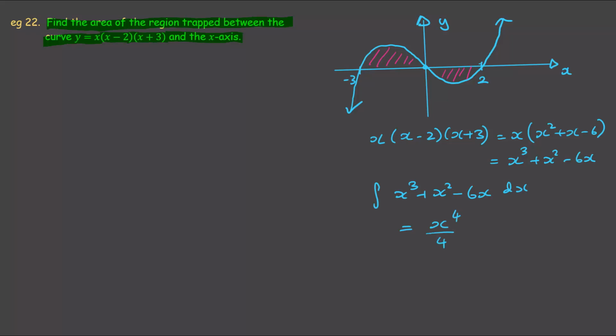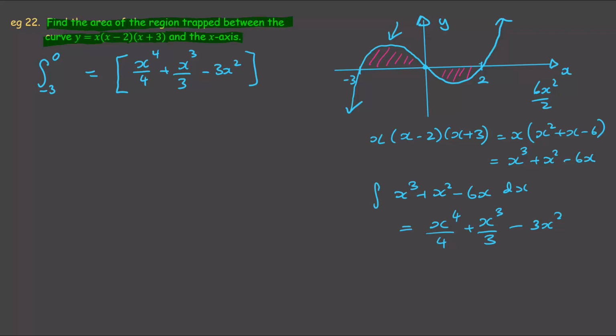to the 4 on 4 plus x cubed on 3 minus 6x squared on 2, which will simplify to 3x squared. So if we look at this, which would be the integral between -3 and 0, without writing it all down, what we're going to have is x to the 4 on 4 plus x cubed on 3 minus 3x squared between -3 and 0,